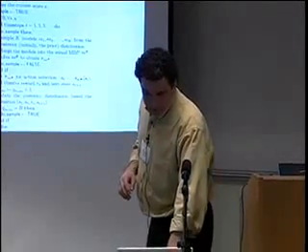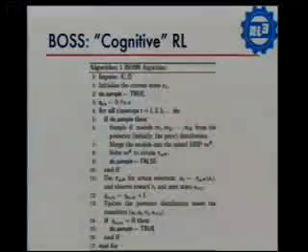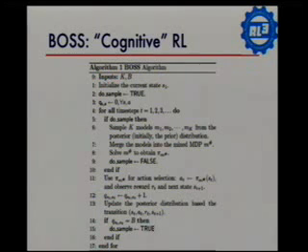So we created an algorithm we call BOSS, which stands for Best of Sampled Set. And it's maybe a step towards this kind of more cognitive reinforcement learning. What it does is it has some kind of interesting prior about the way that the world works. And each time it needs to act in the world, it pulls a bunch of samples from that prior. So here's a bunch of ways that the world might work. Let's act optimistically, that's the best part in the B, with respect to that sample, that will encourage exploration, so it won't get itself stuck in some sort of bad part of the state space.